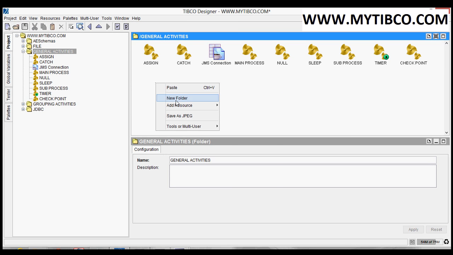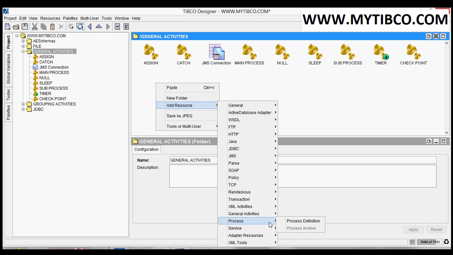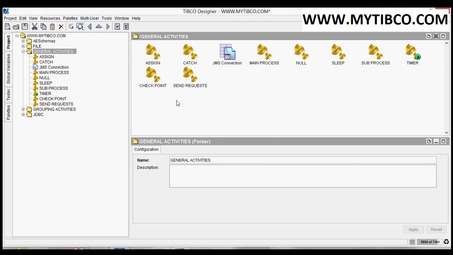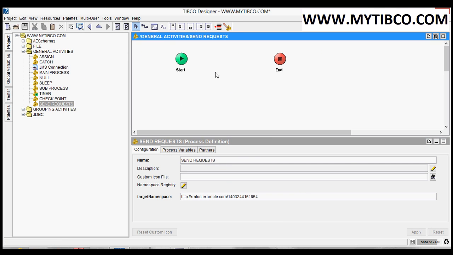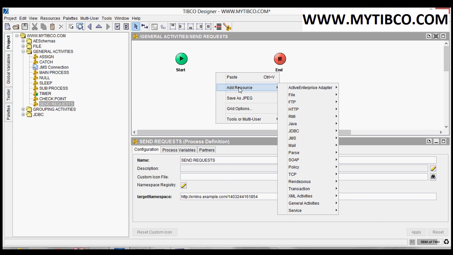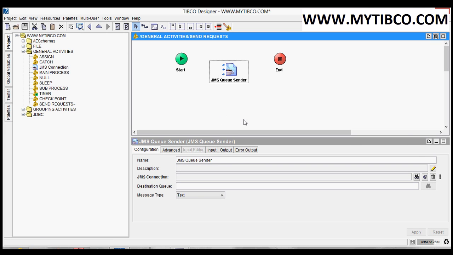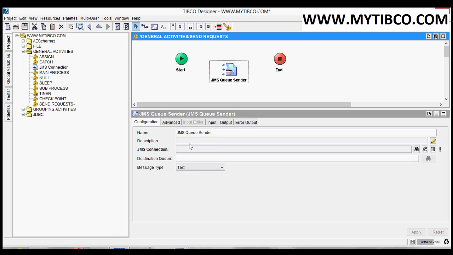Okay, now I am creating a process to send requests. Send requests. Click on apply, open this process, right click, go to add resources, go to JMS and select queue sender. This is request 1.